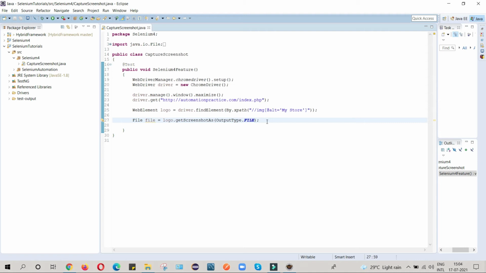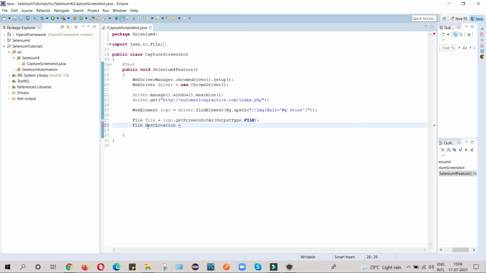Now the next step is, whatever screenshot we capture, we will provide the destination location. So here we will write File, and you can give any name like dest location.